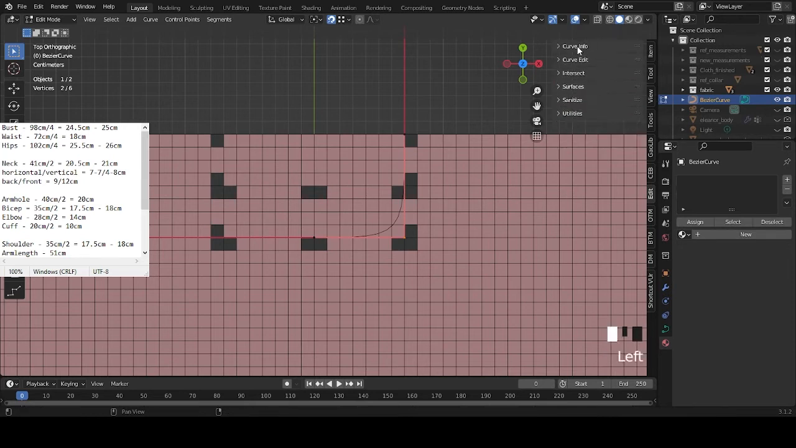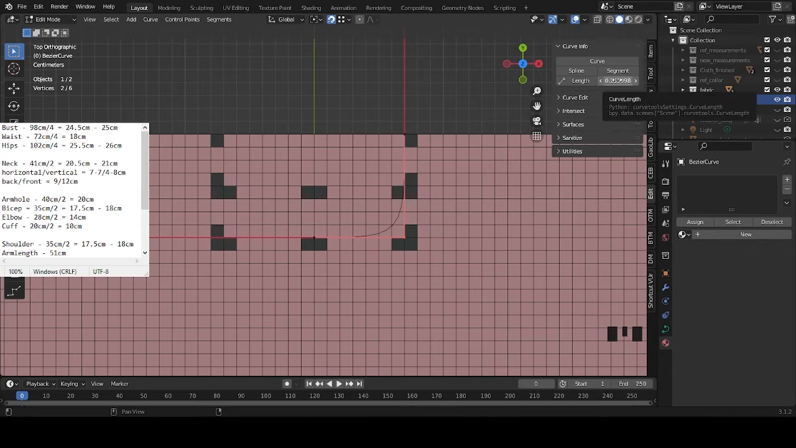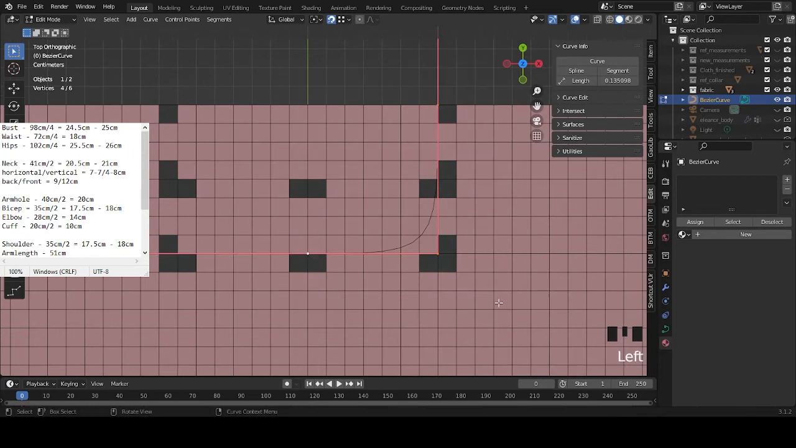How to use this is actually quite easy. Just go for the curve info and click the length, and it will tell you the length here, though I guess it's in meters, so it's 13.5 centimeters, and that's a little bit too big because our measurements are 9 and 12, so it needs to be 12. Okay, so now we just have to scale it down until it becomes 12 centimeters, and